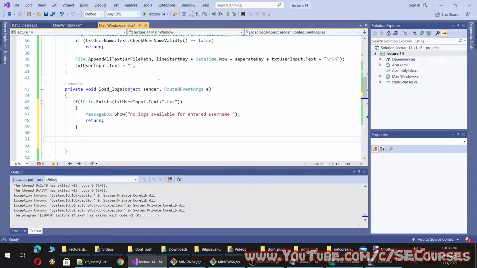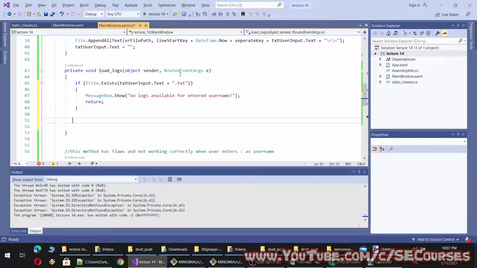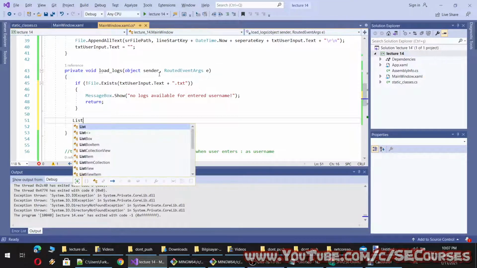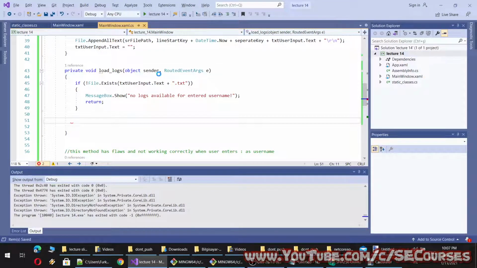Then we will read the entire logs to the... Okay, let's use here a dictionary, or do we need a dictionary? No, a dictionary is not a good idea. Let's just use a list, then we can reverse the order.